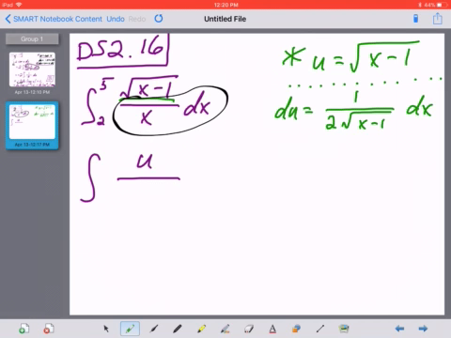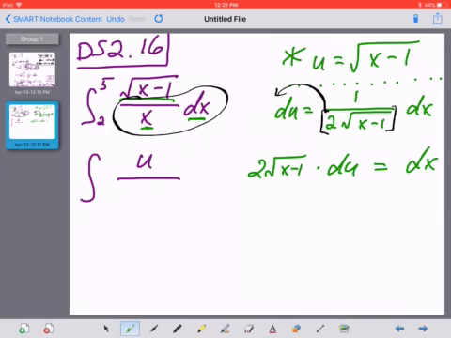Now that doesn't look like anything we were looking for in any regard. So that is a bit of a mess right there. We want to try to handle that one in a way that is going to cover everything we have here in the original integrand. So let's take a look at what we could do with that. The x on the bottom right here and the dx that we have right here really don't look like they're going to go together very well. So I'm going to do something I very rarely do, which is to take this denominator here on the right-hand side and multiply it up here on the left. So that's going to give us a 2 times the square root of x minus 1 multiplied by du